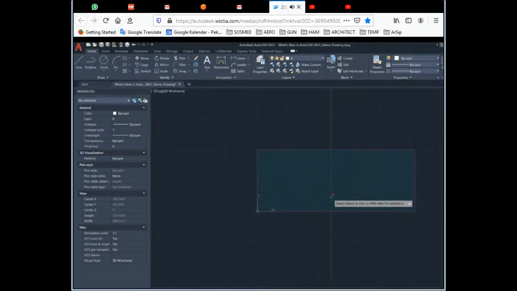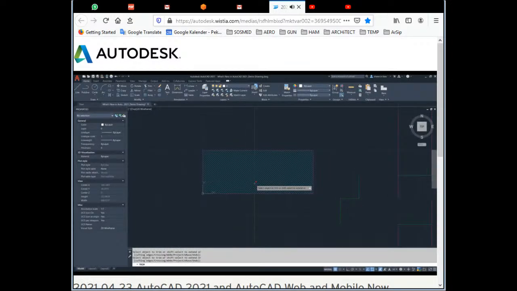and you will notice that the internal geometry of the hatch will no longer be interfering with the trim operation. But for those of you who would like the internal geometry of the hatch to interfere with the operation, it is possible. You can change the variable trim edges to 0